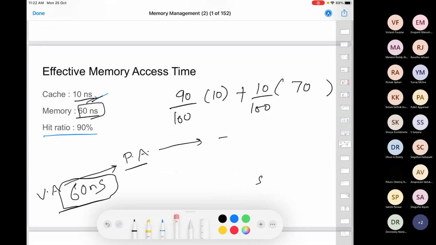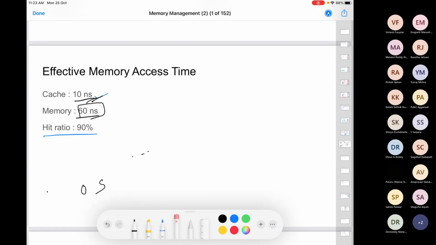When you take a small portion of the page table and make it reside in the cache, that particular table is called the translation look-aside buffer, TLB, it's just jargon. So the translation look-aside buffer is a small portion of your page table, right? So now whenever you have to look for a particular frame number corresponding to a page number, you won't run directly to the memory. You will first look in this TLB, which is sitting in the cache, which will be quicker to look into. If you do not find it, then you go to the main memory.